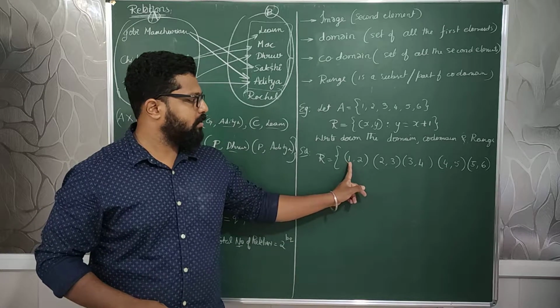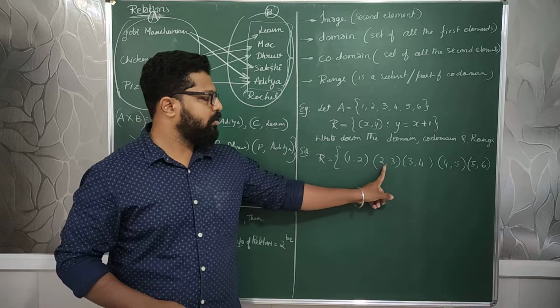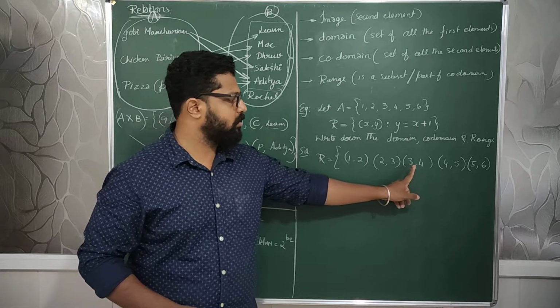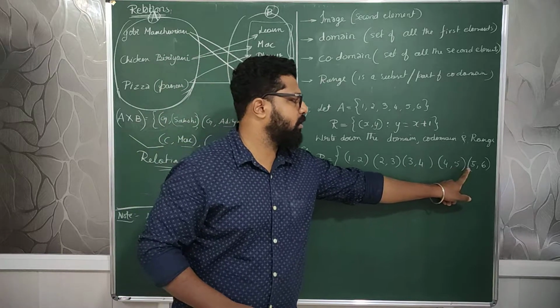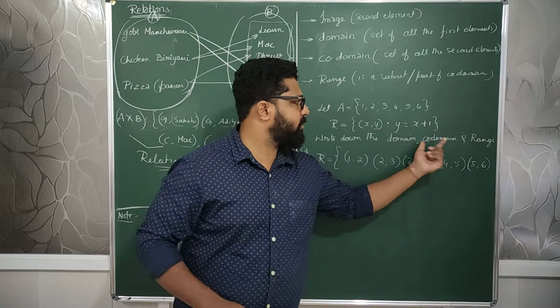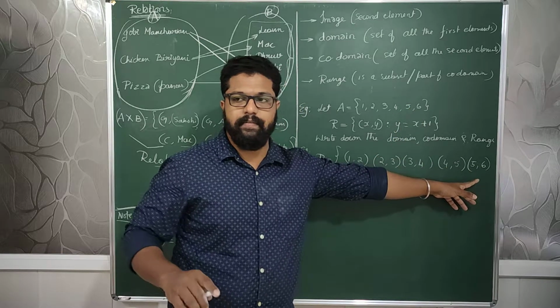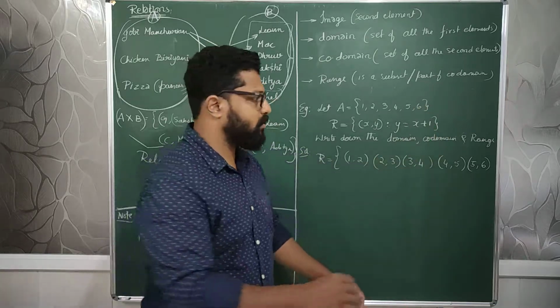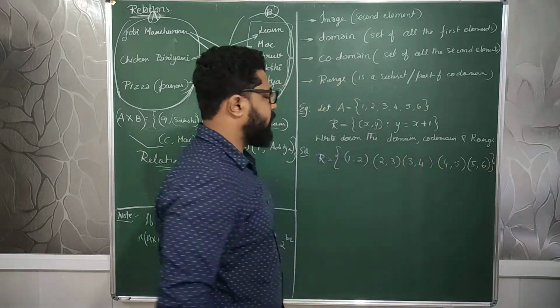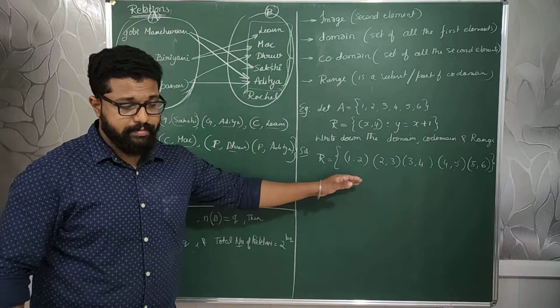Understood? So that is where this will terminate. So 1, 1 plus 1 is 2, 2 plus 1 is 3, 3 plus 1 is 4, 4 plus 1 is 5, 5 plus 1 is 6. This is the definition accordingly, but it stops at that point because the number 7 does not come in the first set. So I just stop it right there. This is my function. Sorry, this is my relation.